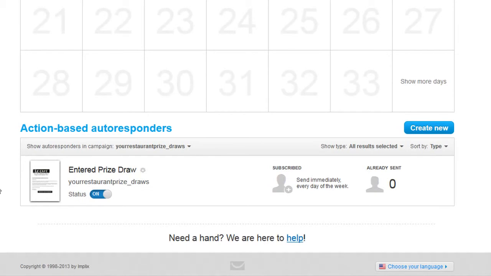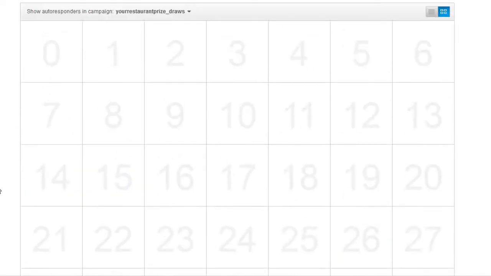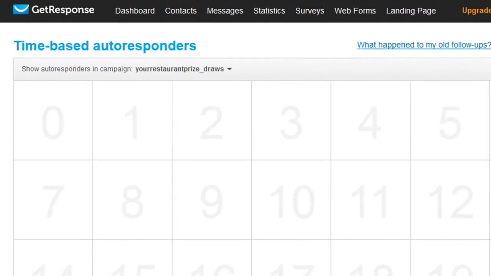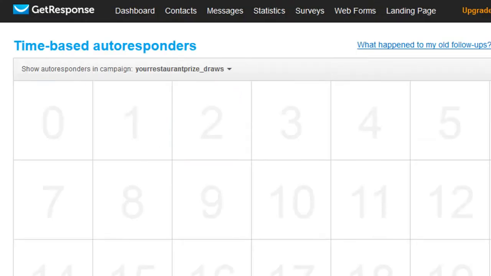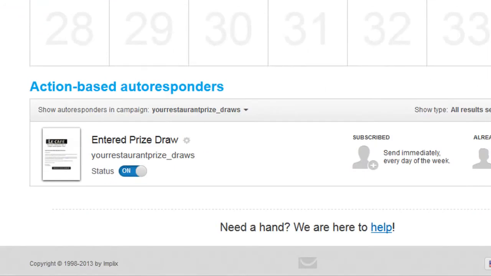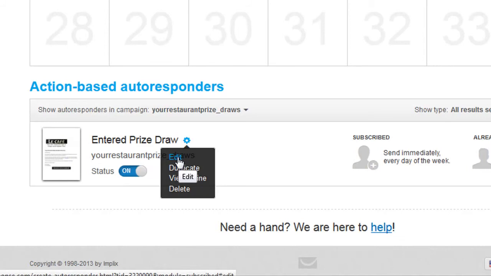If you wanted to change anything on there at any point, let me just show you how you'd actually find this again. You'd look at messages. This is now manage autoresponders because we've set up an autoresponder. Click on manage, brings you to this page. Then at the bottom, it would show action-based autoresponders. And if you hover over this little cog here, you could then click on, it won't let me do it, there we go. Click on edit and that will take you in again